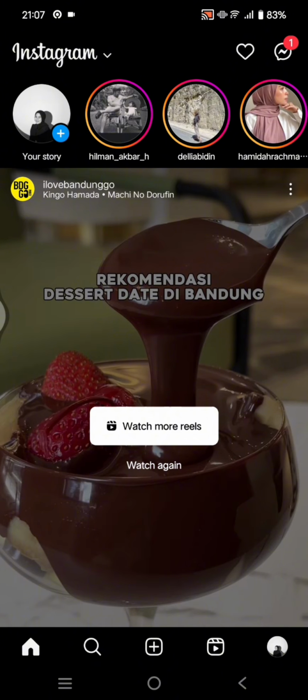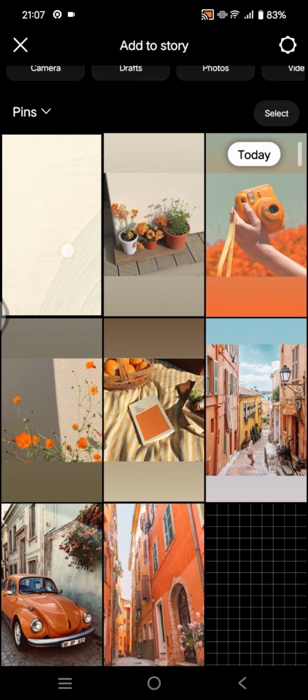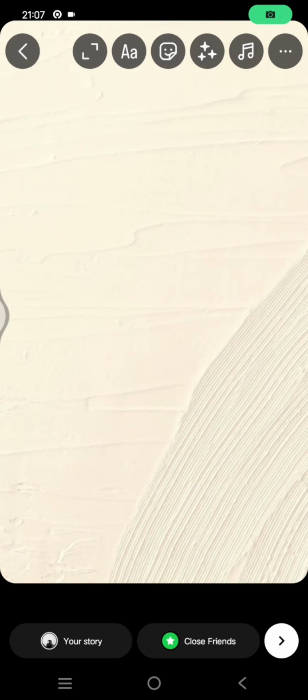You can start by clicking on your story and opening your camera. First, you can select the photo as the background. For example, I'm going to use this photo as the background, and to start